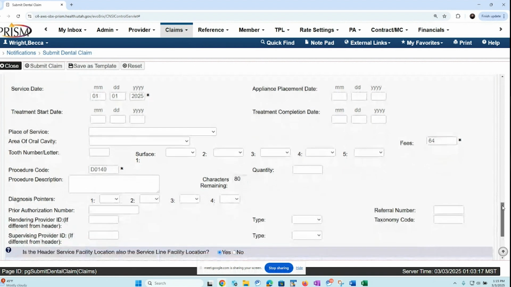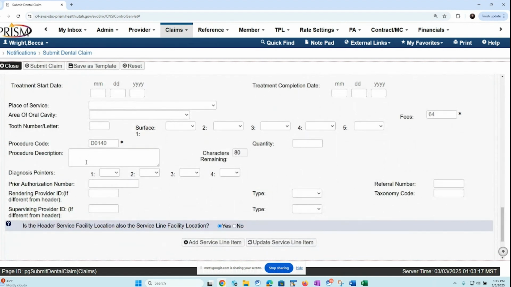And then I'm just going to read the rest of the information to make sure that I'm getting everything. Procedure description is optional. The diagnosis pointers are only needed if you have a diagnosis listed. A place for you to put your prior authorization, rendering, supervising if different than header, if this information is not already at header. Is the header service facility location also the service line facility location? Yes or no? We're going to leave that at yes, and we are just going to click on Add Service